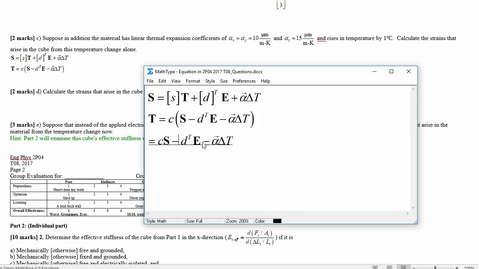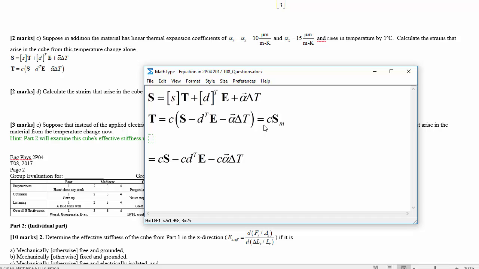Let's filter that through C. You could figure out what C times alpha is and treat that as a single vector. This one we have another name for. That's our E transpose right there, so that's convenient, but it's most convenient to work with just this version of the equation and say that is equal to C times the mechanical stress,